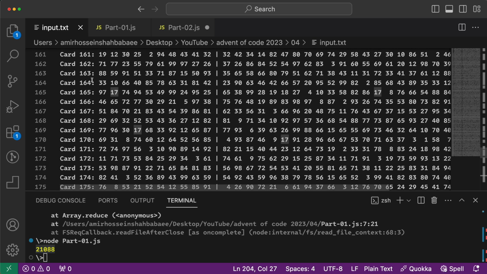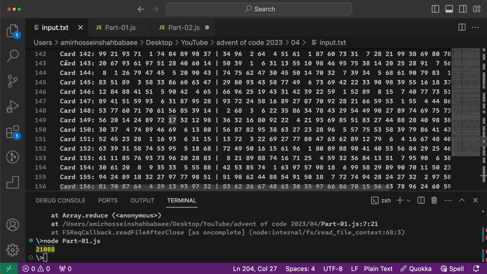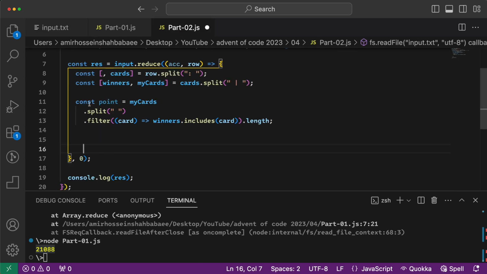For each of the cards, I would provide a number. So at first I have one of these cards. And for example, if I am here and I have one of this card and this card wins 4 numbers, I would add 1 to the count of the 4 that are beneath this. And then when I get here, I would get the point, and based on the point and the number of these cards, I would add to the rest of them. So I would first need to have